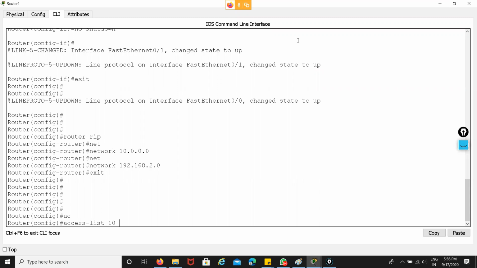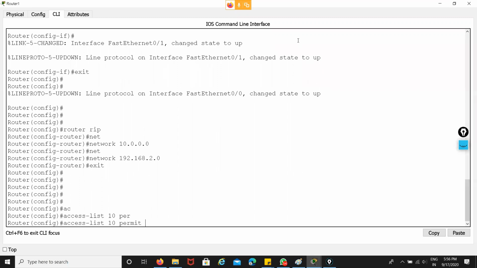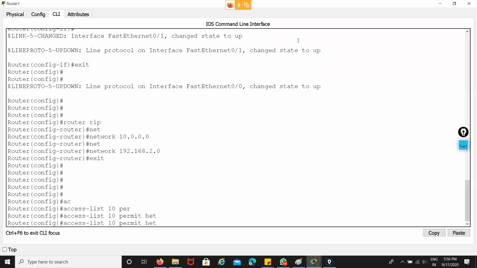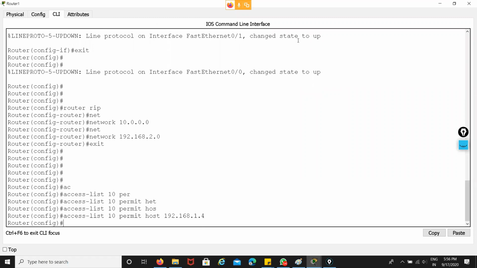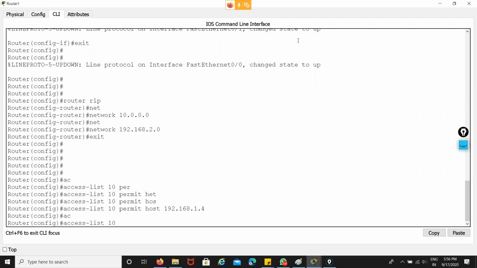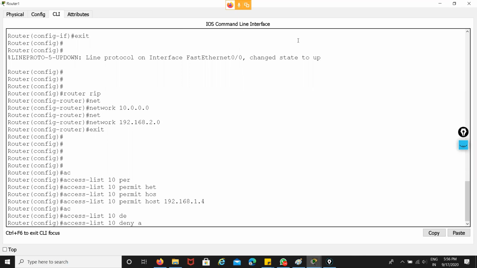Now it's time to choose the permit or deny statement. If I choose permit, that means I want to permit traffic. Traffic from host, what is my host address? It's 192.168.1.4. Then simply add the block statement, like 10 deny any.